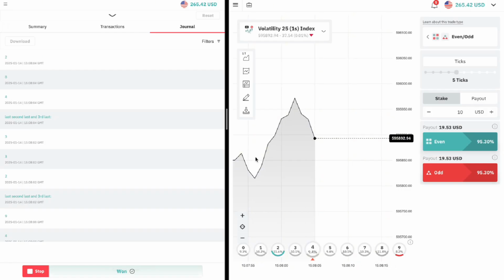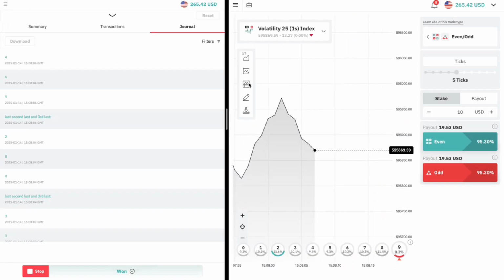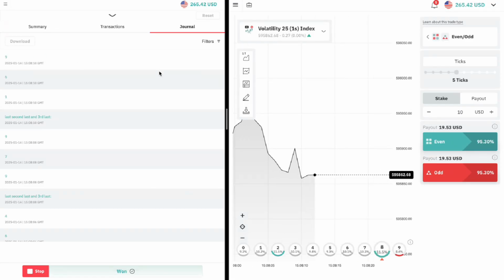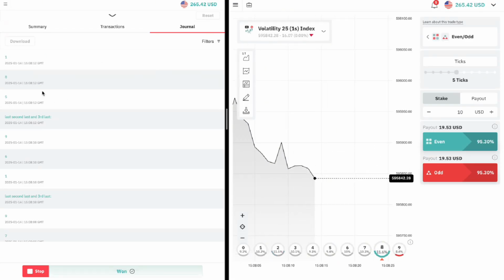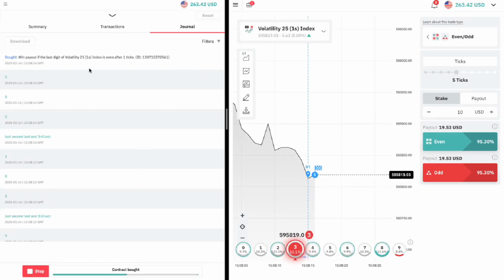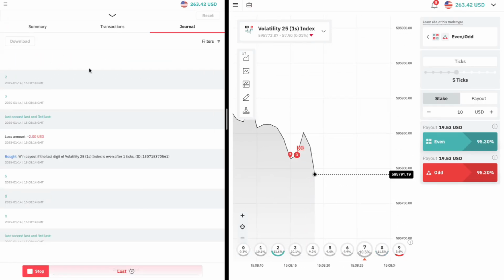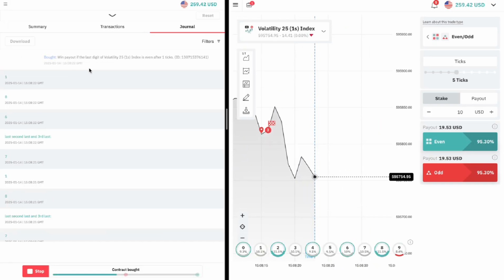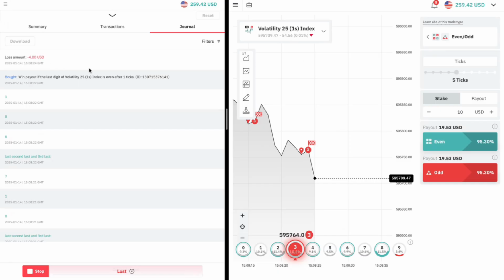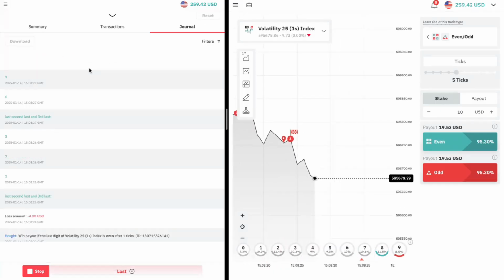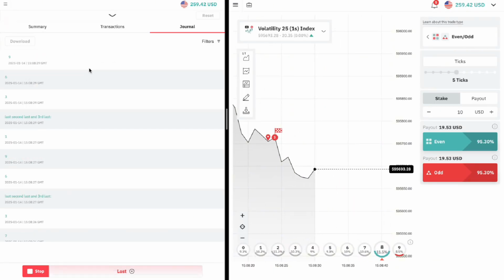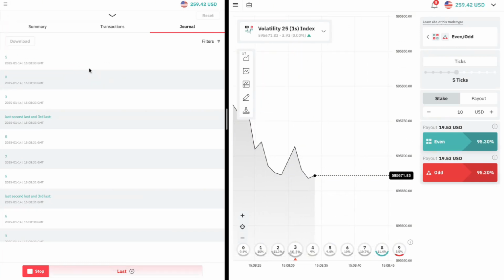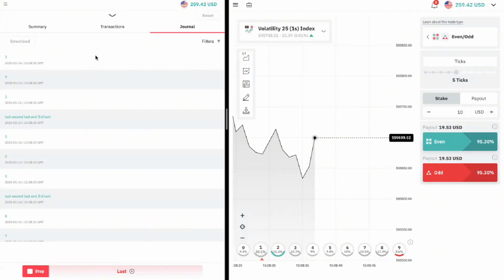So if you see a green flag, you know you have made some money. If you see a red flag, you know you've lost your money. So let's see, it has not gotten any other trade yet. This is the second trade. So it lost that because it exited on 3. Because we have martingale, we expect the next trade will be with $4. So it lost that one. Those are 3 trades. So we are still testing this strategy. Let's see if in 5 runs it's on profit or it's on loss. Let's see if it gets another trade.